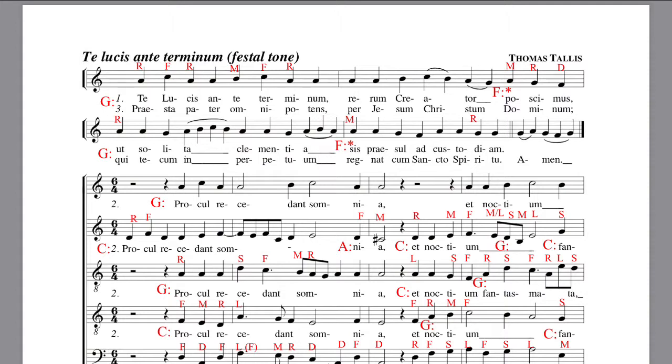So let's go back to the Te Lucis with our hexachordal analysis. There are a few things we can look at here. The first one is that opening chant, right? Bar 1. The hexachord is actually based on G, okay? So as opposed to A minor, Te lucis ante terminum rerum creator poscimus, we actually need to tune it to a G, right? Te lucis ante terminum rerum